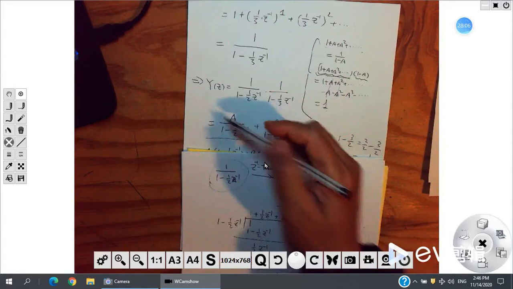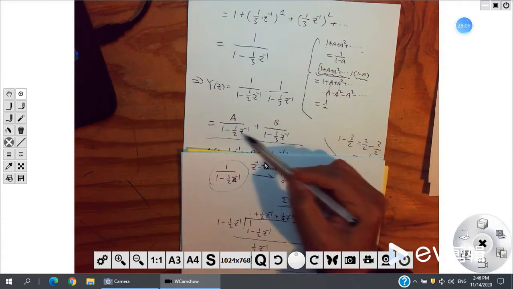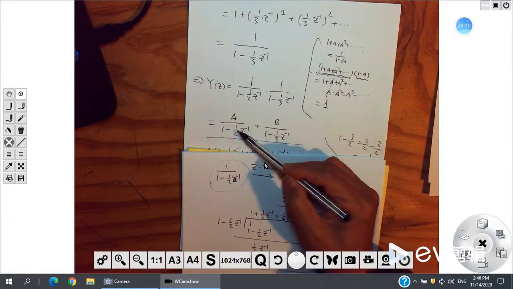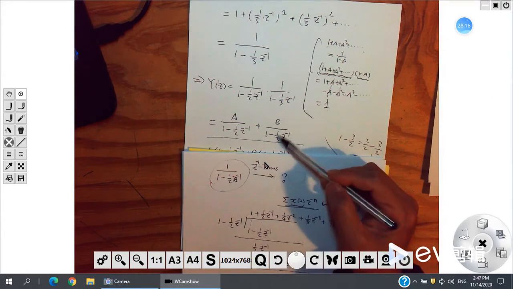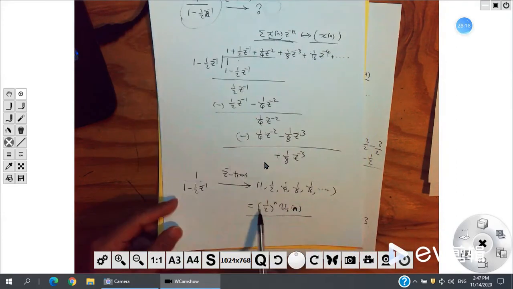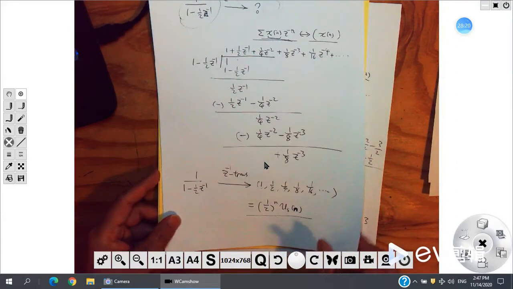Y of z is the summation of these two. And each one goes back to the n domain, the time domain. There will be 1/2 to the n. This is also 1/3 to the n, right? It will be this one. It will be this one. So we can have